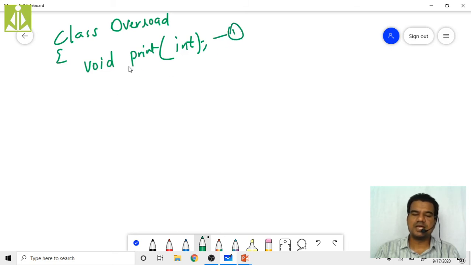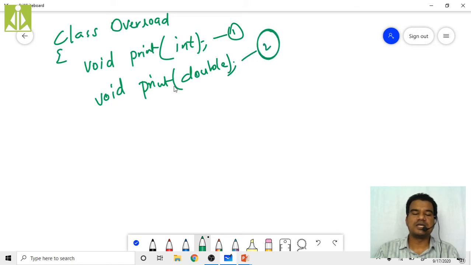If I use the same print function name and do a second declaration, void print of double, here I am printing a double value.